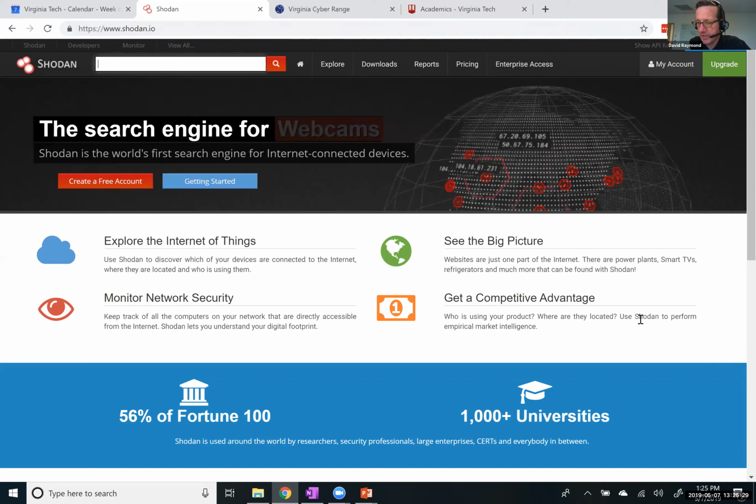And so what Shodan does is it's crawling the web, but it's crawling the internet. What a normal web crawler does is it indexes HTTP and HTTPS sites. So it's looking for websites and secure websites. It's looking at servers that are listening on port 80 or port 443. Those are the two web ports. And Shodan doesn't do that exactly. Shodan looks at all open ports, and so you can use Shodan to find things that are not web pages in an organization's network. And so if I were to go to vt.edu, for example,